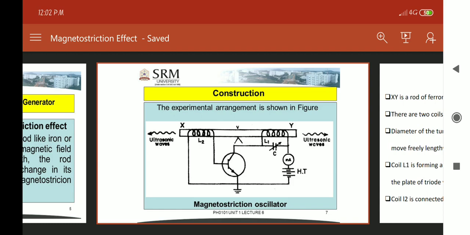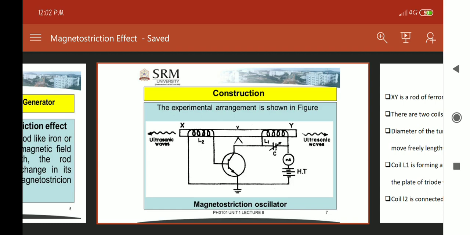Any change in the plate current passing through the coil L1 causes a corresponding change in the magnetization of the rod within the coil L1. Simply we can say that if there is a change of current in coil L1, automatically there is a change in magnetization of the rod.